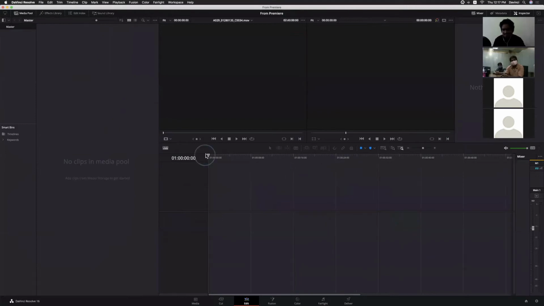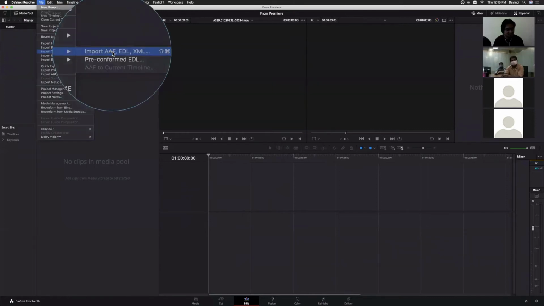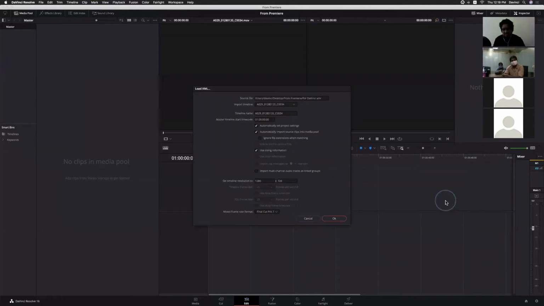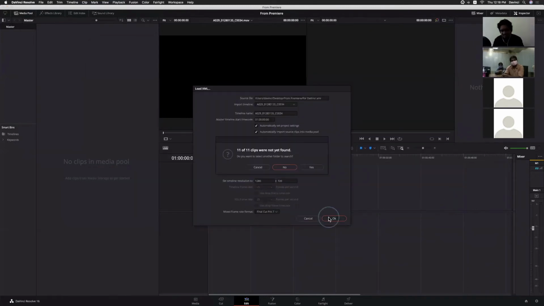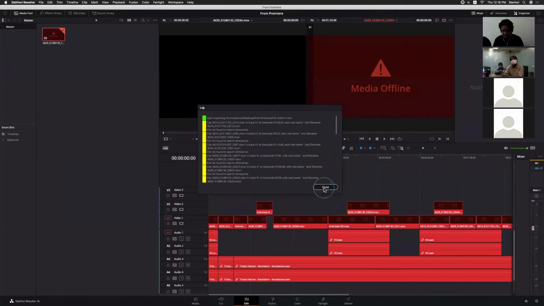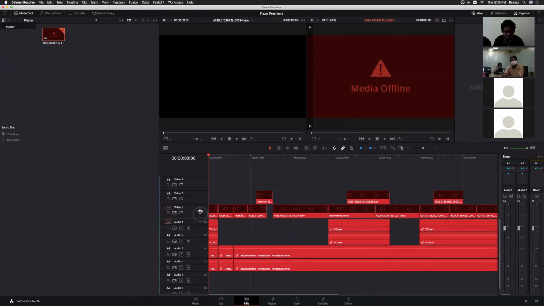I'm just deleting everything. Import timeline, import XML. So here, instead of searching for those clips, I'm not adding those clips. In a real case, we add them while importing itself. So this is what you are asking, right?